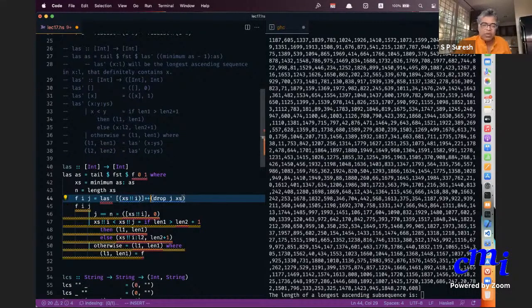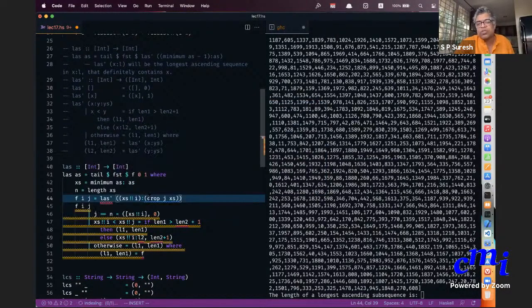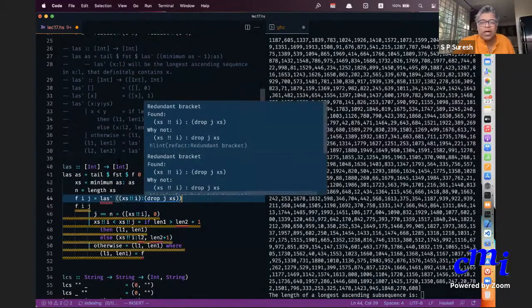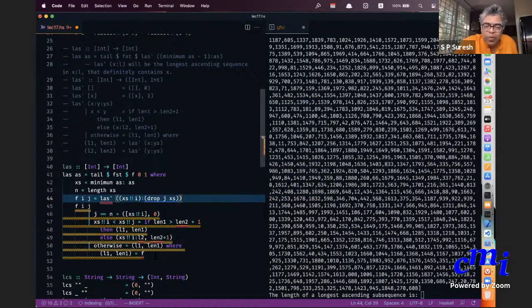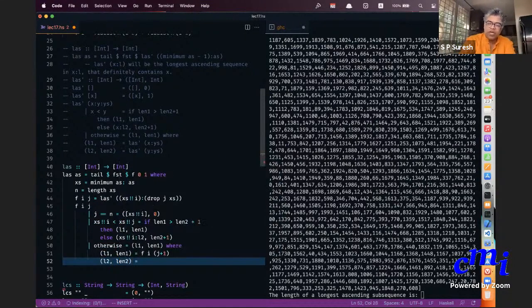I'm trying to do this for this list. I'm trying to go for this definition. Fij I want to be the LAS prime function applied on this list, and that is what I am trying to transcribe. So now I have the original list, and this drop j excess was y colon y's, and instead I went to a recursive call x colon y's, which means I am doing f of I j plus 1. I am dropping one more element. Otherwise I have to do L2 len2, which is y colon y's, like saying f j plus 1.